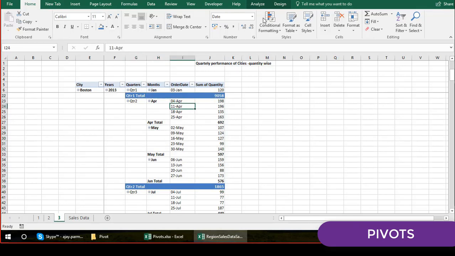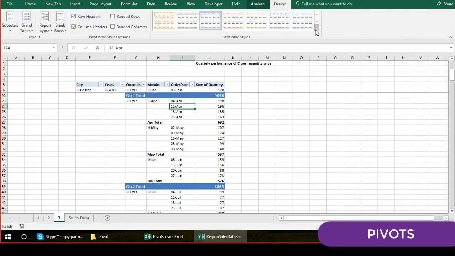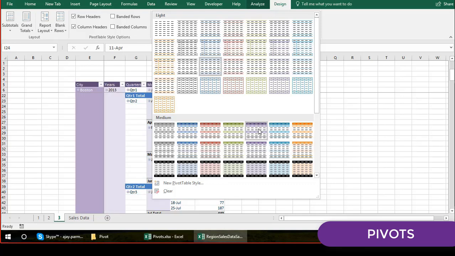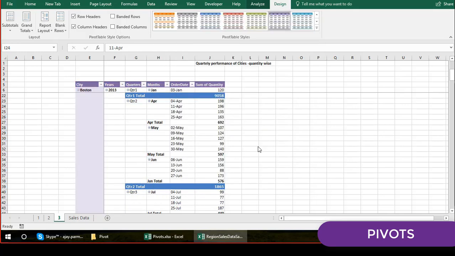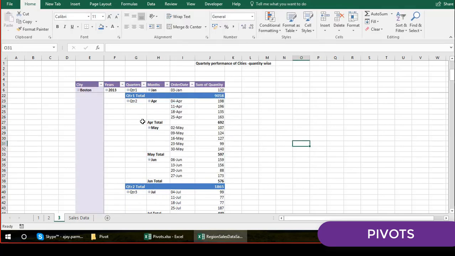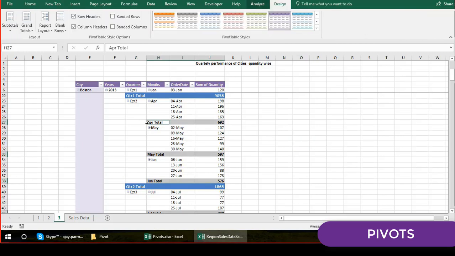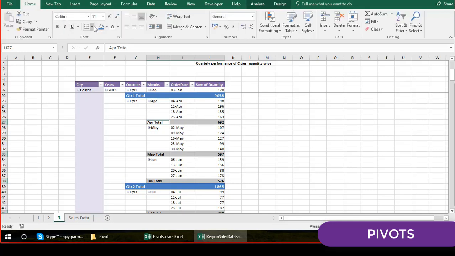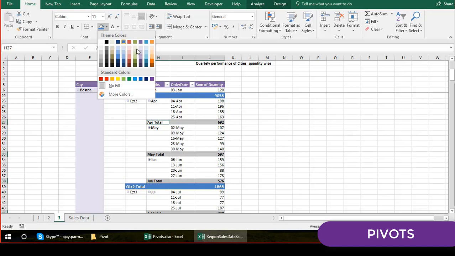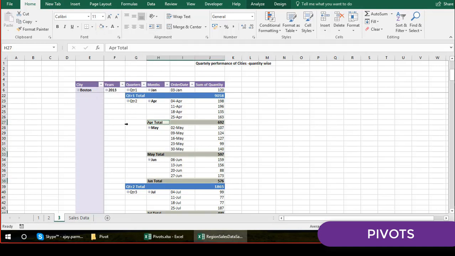And for the rest of the pivot also, this is a good pivot, so we must give it a good color. Maybe you can use this color. That I leave it to you how you want to do it, right? So I go with this one. That's how it is. If you want to give the color to these sums, these months, just select that. You see all the months are selected. I will keep the font same, but I'll give it maybe this color, this one, right? So this is how the pivot looks like.